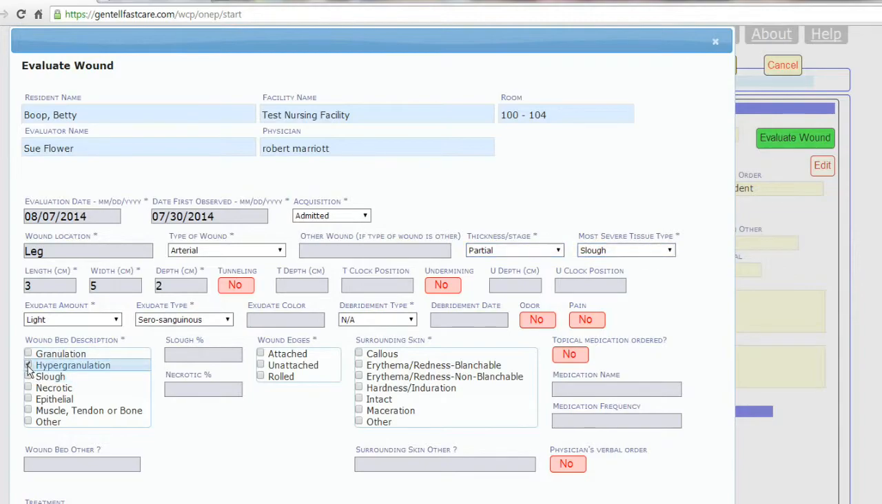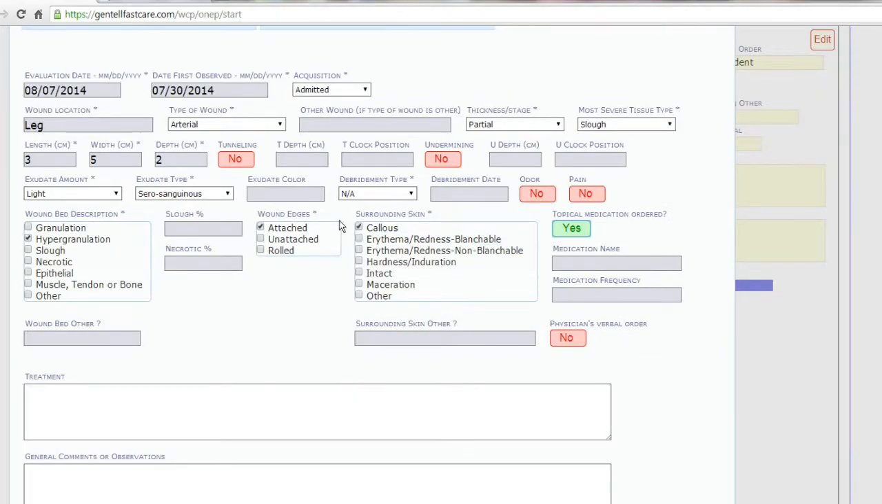And then there are other fields that are simply check boxes. So you can hit the check boxes. Let's say these wound edges are attached. The surrounding skin is a little callus. No topical medication has been ordered. So there are binary choices you can tap to show a yes or no. So once we've filled everything in that's mandatory,